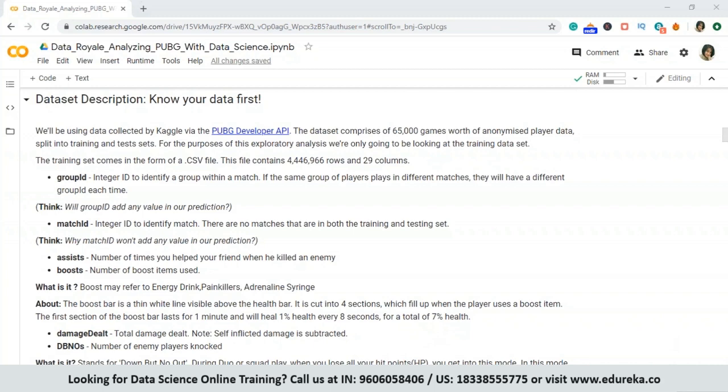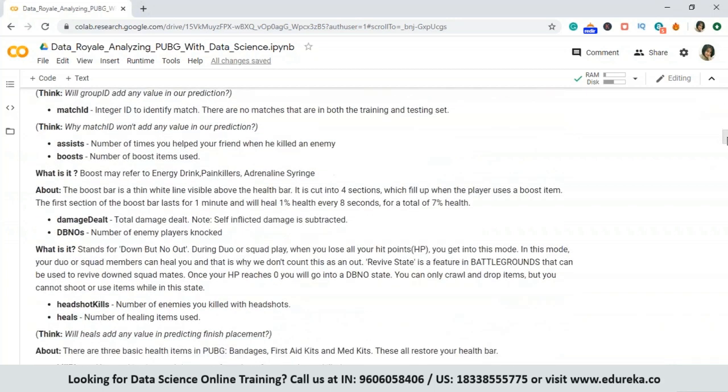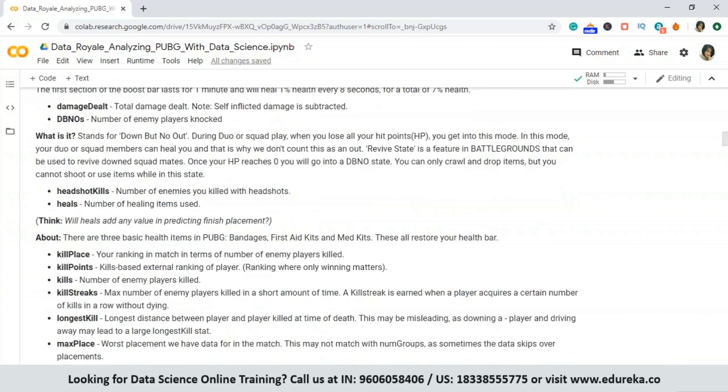True? Then you have the next section, which deals with damage. Now, there are 2 things you need to know. One is damage dealt, which is the total damage your player has dealt without considering the damage that you've done to yourself, and your DBNO, which means down but not out, which is again a feature specifically not for